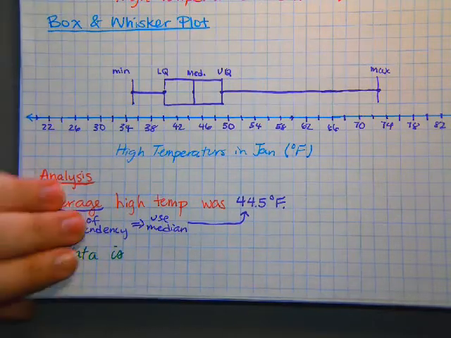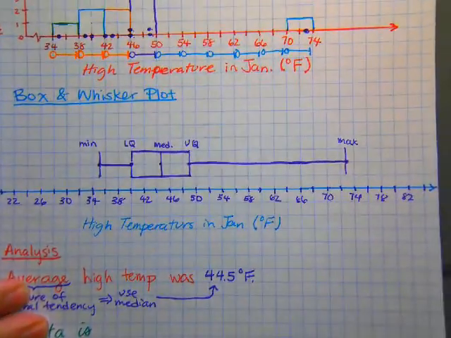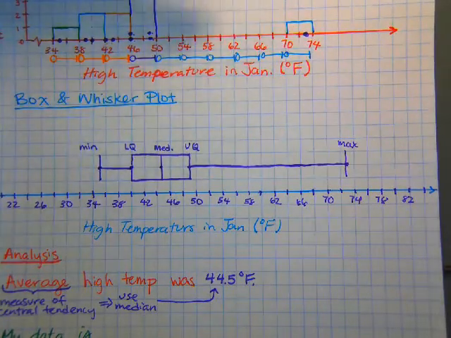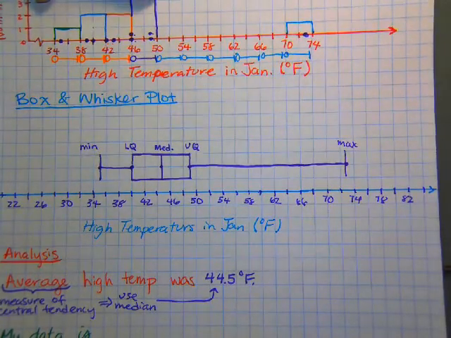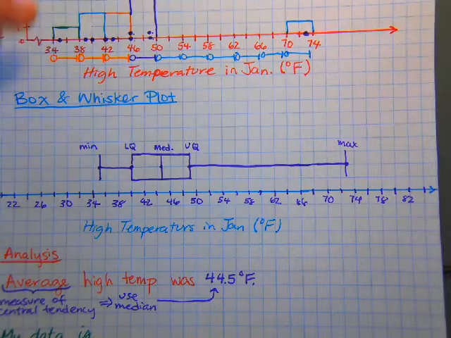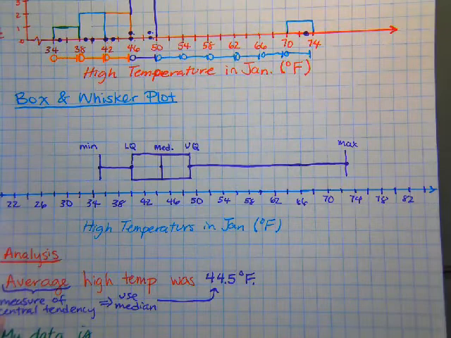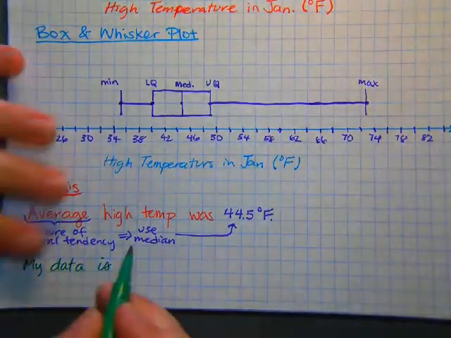So go back and think up here based on our dot plot. Yes, this one is crazy out here. So if I found the range, it would be huge. But look at most of my data points. 9 out of 10 data points are from 35 to 50. Those are pretty dang close together. So my data is consistent